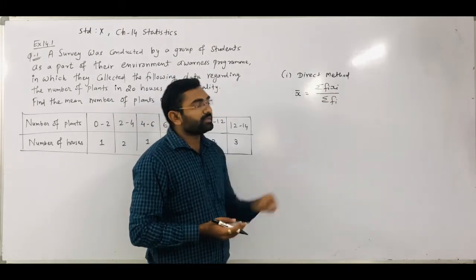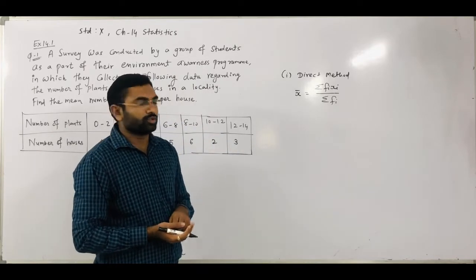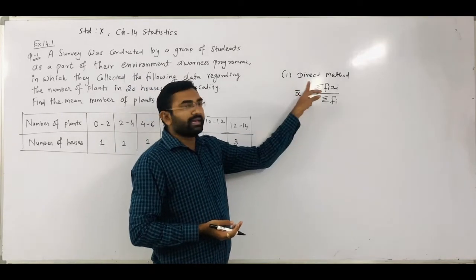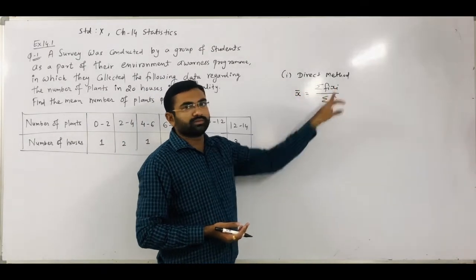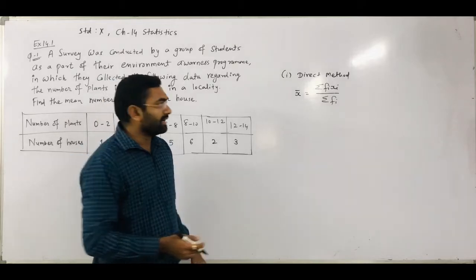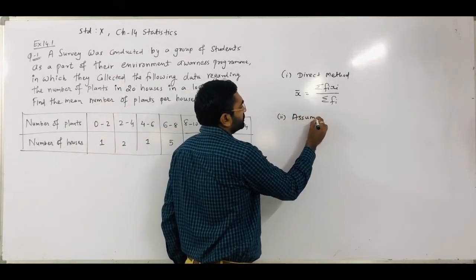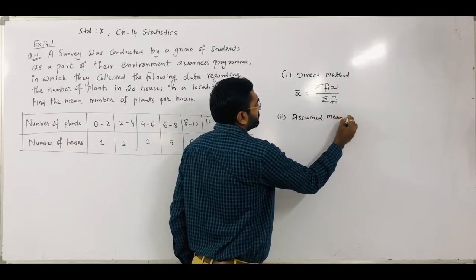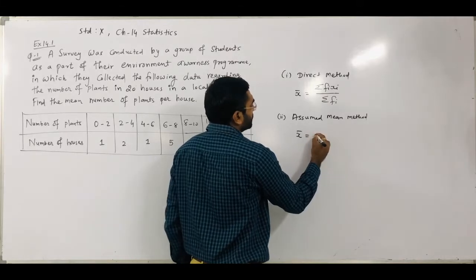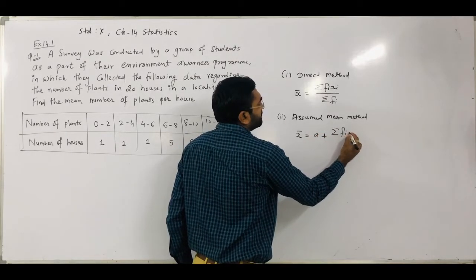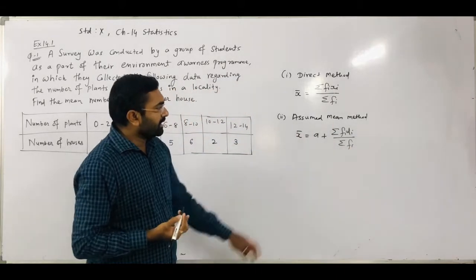And fi represents the frequency of the given classes, which is given in our question. So you have to remember, in the direct method, the mean formula is x bar is equal to sigma fi xi upon sigma fi. The second method is the assumed mean method. Its formula is x bar is equal to a plus sigma fi di upon sigma fi, where a is